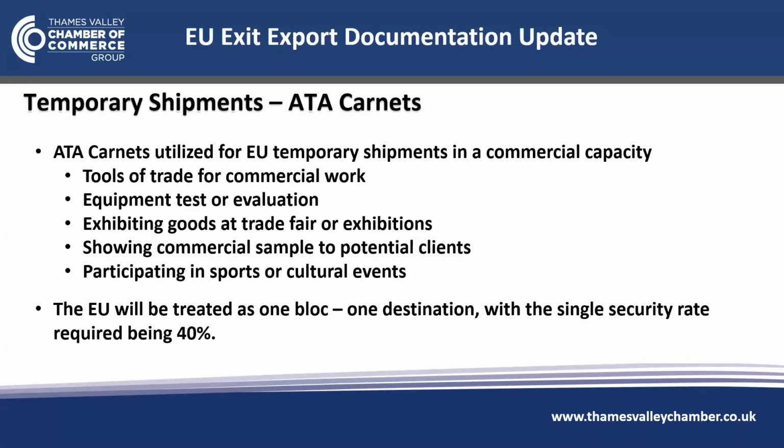use Carnets. If you utilise a temporary shipment on an ATA Carnet, the goods that go out must all come back. It is not used for anything that is consumed or that does not return. So whether it be flyers, whether it be petrol, fuel, etc., it can only be used where the goods come back. And with regards to the ATA Carnet scheme for temporary exports, the